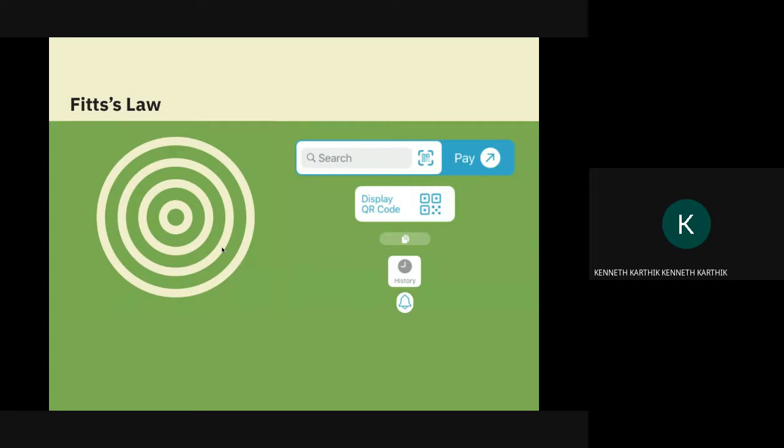And then Fitts's law. So Fitts's law is a very popular law. It states that the time to acquire a target is a function of the distance and the size of the target. So distance too. So if you are at point A and you're trying to get to the search bar, this is the time it takes to get over here. And so basically the time to get your task done would be a function of both that distance from your point A and the size of the target. So you need to make sure the most important functions are the biggest over there.